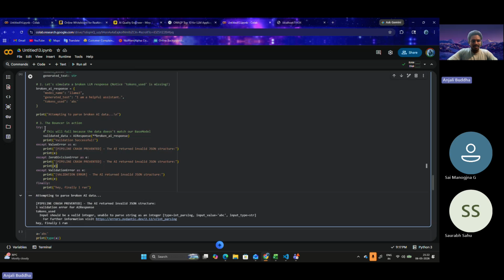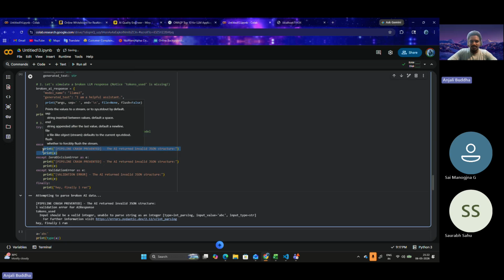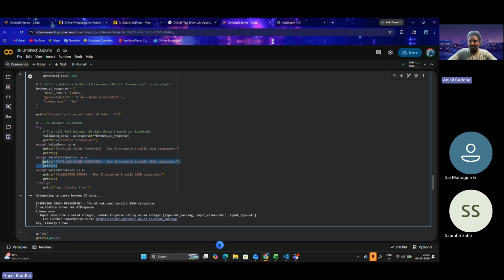By writing this, what happens is the try block tries to execute, and if some error comes in, let's say it's a validation error, it first checks what type of error it is. If it is a value error, this particular code will run. You may write custom logic for it. And if the error that occurred is a zero division error, which happens when something is divided by zero,